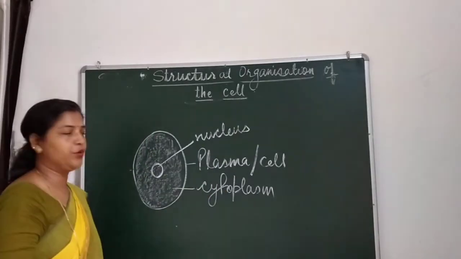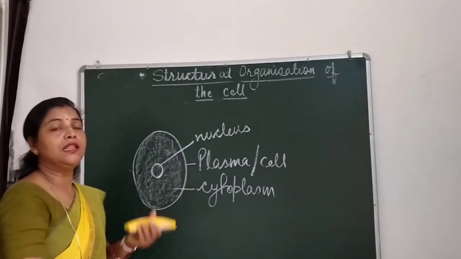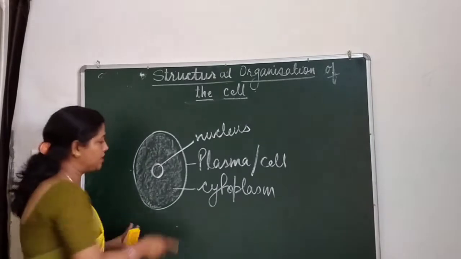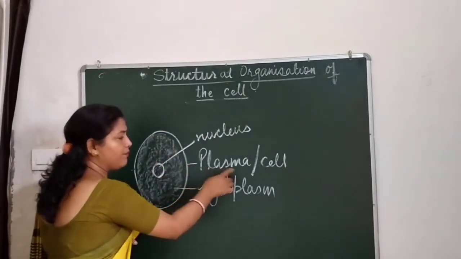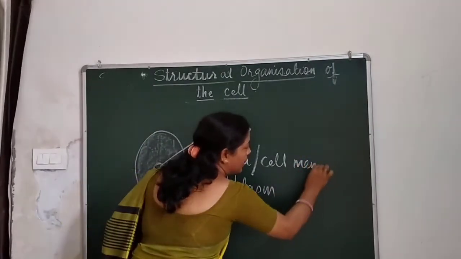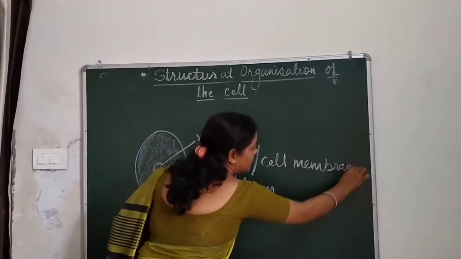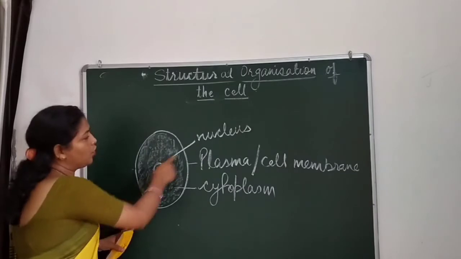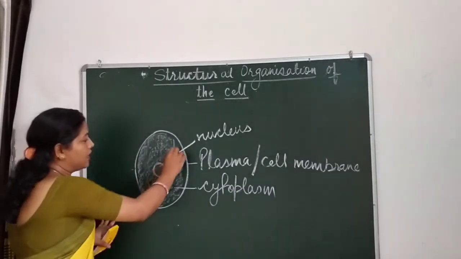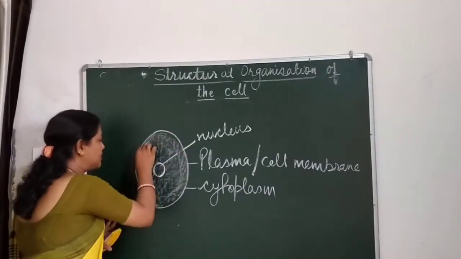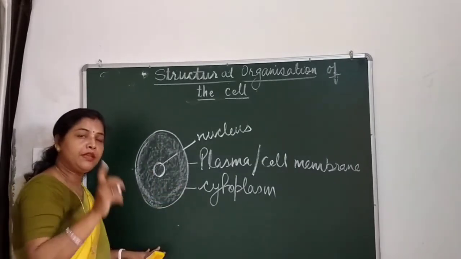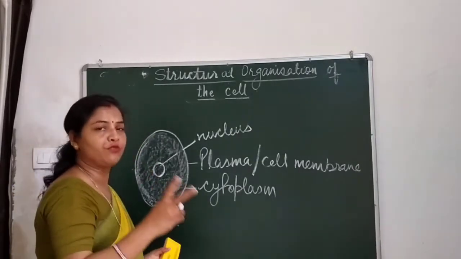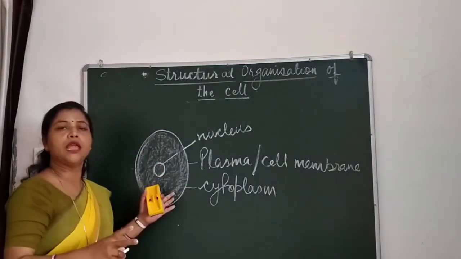Right now I told you that in an animal cell there are three major parts. The outermost covering, plasma membrane or cell membrane. Then there is a dense structure right in the middle of the cell called the nucleus, and a jelly-like fluid found inside the cell membrane called cytoplasm. But in plant cell, two more structures are there which are not found in animal cell.